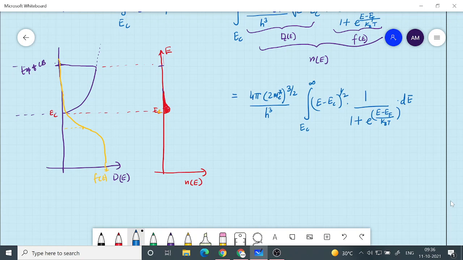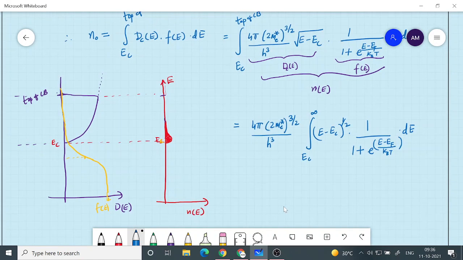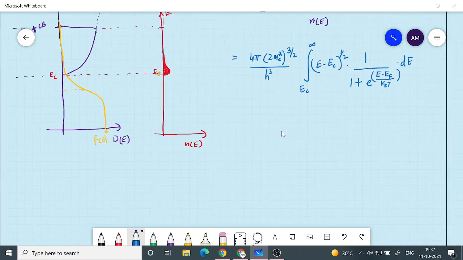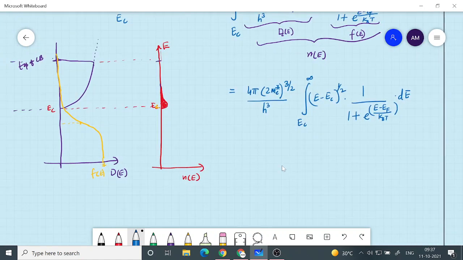Okay, so we are integrating N of E, and N of E is basically the product of density of states and the probability density function f of E, which is the Fermi-Dirac distribution function. And density of states in the conduction band varies like square root of E minus EC. Okay, so now if you look at the Fermi-Dirac function again,